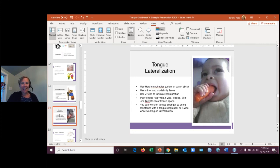So next is tongue lateralization, and I love this picture, and I'm going to tell you it's one of my boo-boos that I made as a therapist. So I was in Morocco and I connected with this child who's just a love, and the therapist, and when I came back to the States, the therapist and I were texting through WhatsApp, and she was asking me about the tongue lateralization, and I had recommended celery or carrot sticks because for some families you can say, yeah, you can get like a Nook at Target, or you can buy this or that